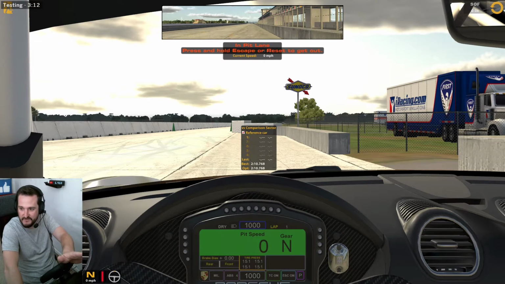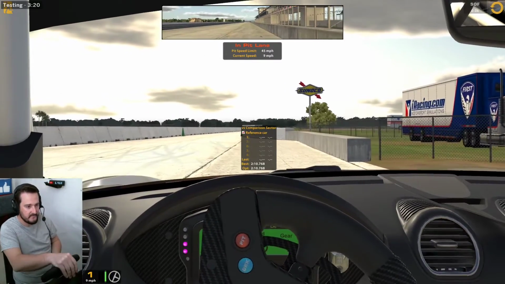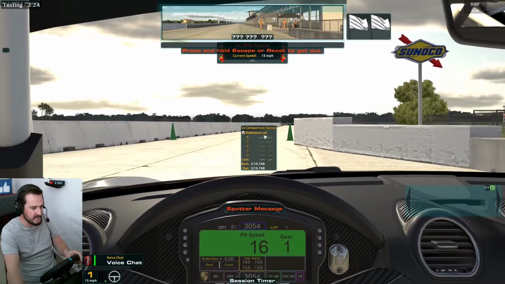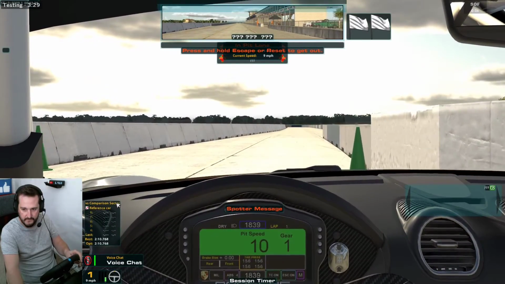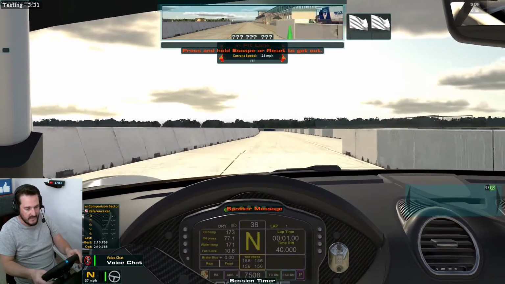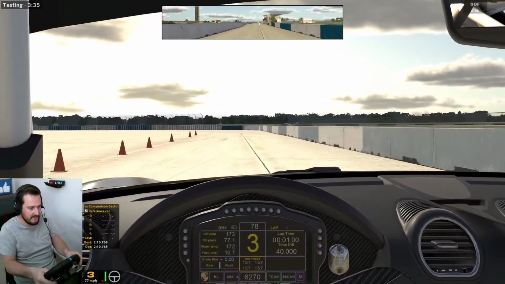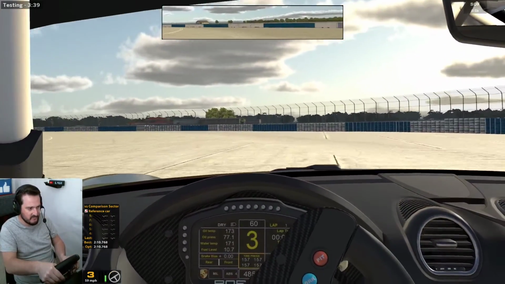If it's 3-4 seconds a lap quicker than you, then you're not going to be able to see what it's doing halfway through the lap. Comparison sector, on the other hand, what that allows you to do, as we head out, I'll move it from the middle of the screen. What this allows you to do is